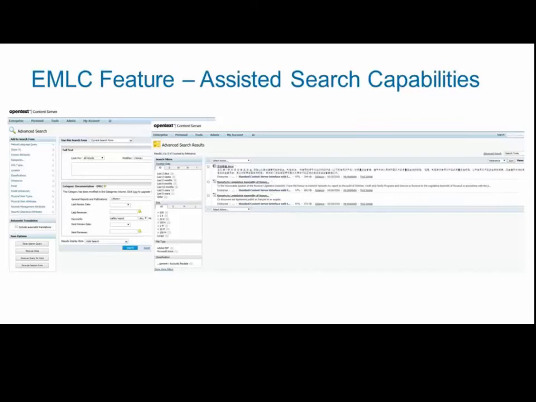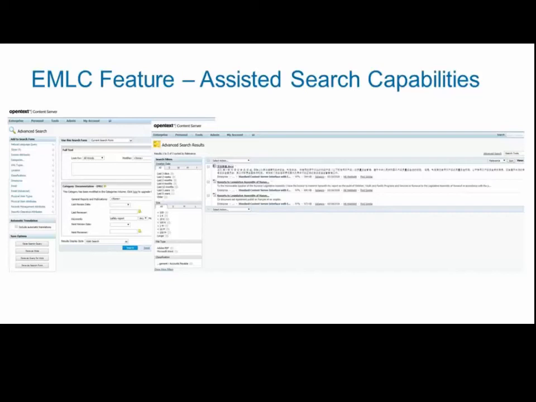So, for example, with SYSTRAN, it can translate your search query into the other languages on the system. On this screen, we can see I've made a search query. We can see on the left side that I'm doing a search for safety report, and on the right-hand side we can see some results that came from that.